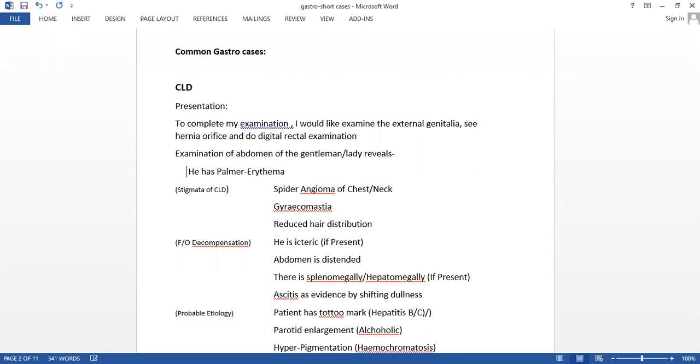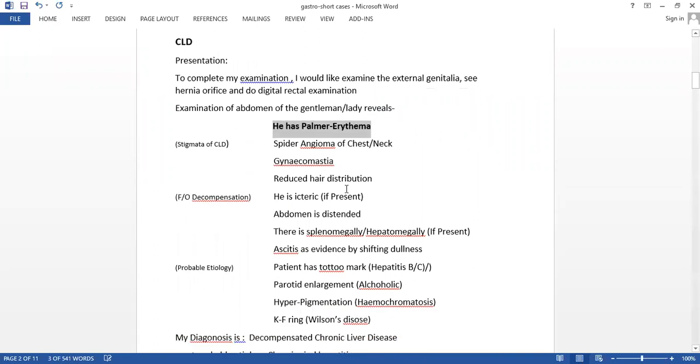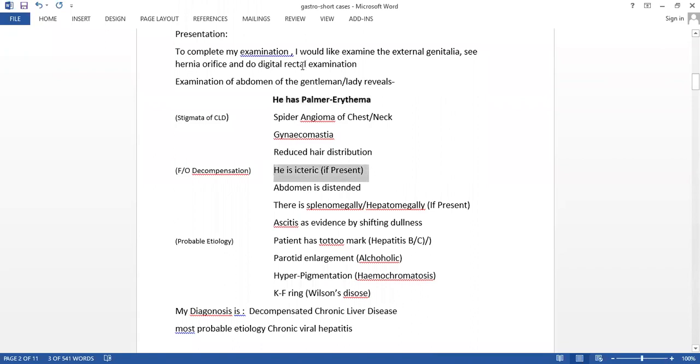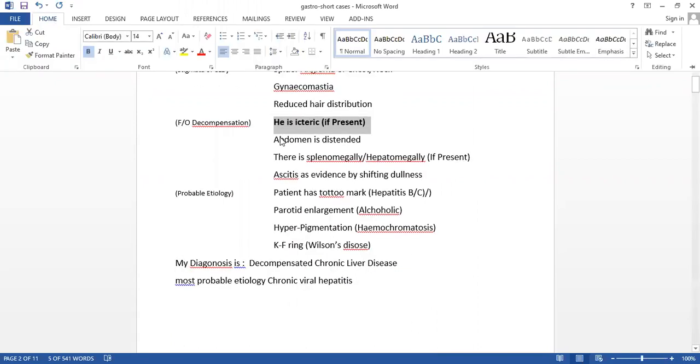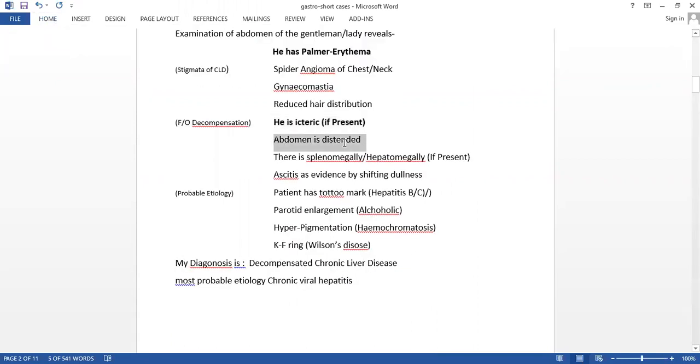You can say, examination of the abdomen of this gentleman reveals he has palmar erythema, spider nevi on the neck or chest, there might be some gynecomastia and reduced hair distribution, though all may not be present at a time. At first you can say about the stigmata of chronic liver disease. Suppose this gentleman has palmar erythema, and he is icteric, and the abdomen is distended, flanks are full, there is hepatomegaly or hepatosplenomegaly,